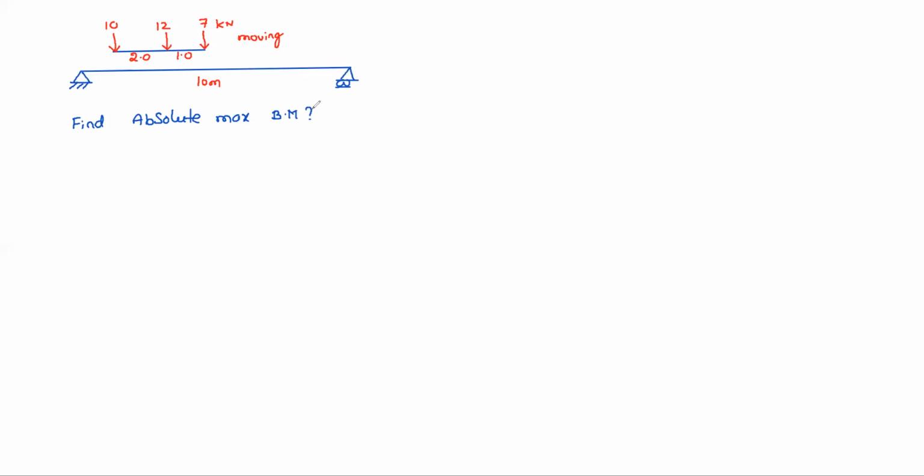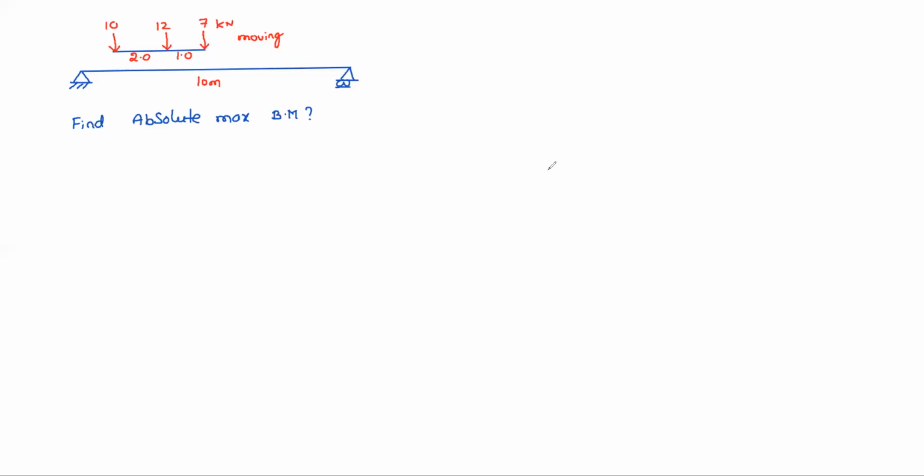So here, we need to develop a very clear idea. One process is there, very simple, try to understand it. No doubt, the absolute maximum you may not get at the center of the beam, but a little away from the center of the beam. We need to identify that position first. Identification of that position is very important. After identifying it, just by drawing the ILD and applying those techniques, we can find the absolute maximum.